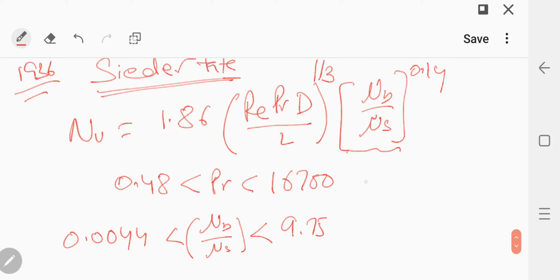Now this is basically an empirical correction factor which takes into account the effect of temperature variation on the thermophysical properties of the fluid. So it's a correction factor. Clear? So then